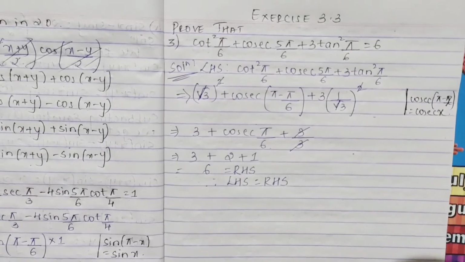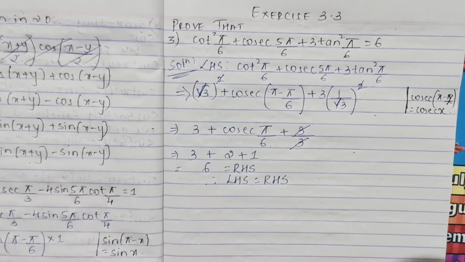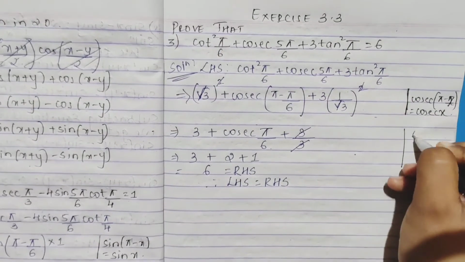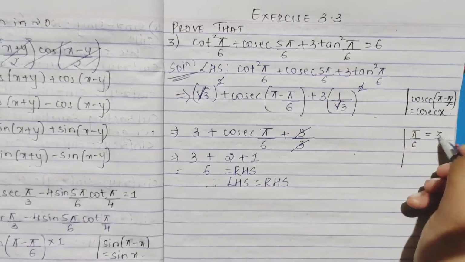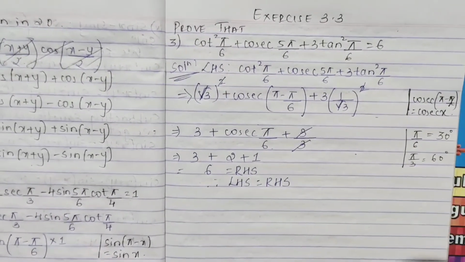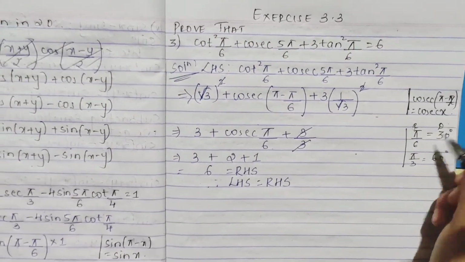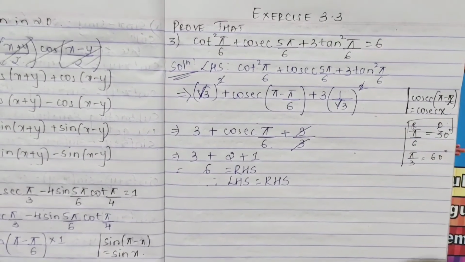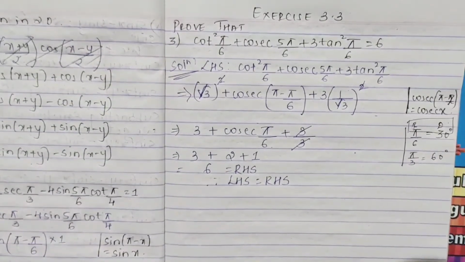See, in this problem, you have to just remember your values. See, pi by 6, here you don't get confused. Pi by 6 in radian, right? Pi by 6 in your degree means what? It is 30 degree. Pi by 3 means it is 60 degree. Okay, don't get confused. This is your radians and this is your degree. So we'll see the next problem. Please pause the video to note it down.